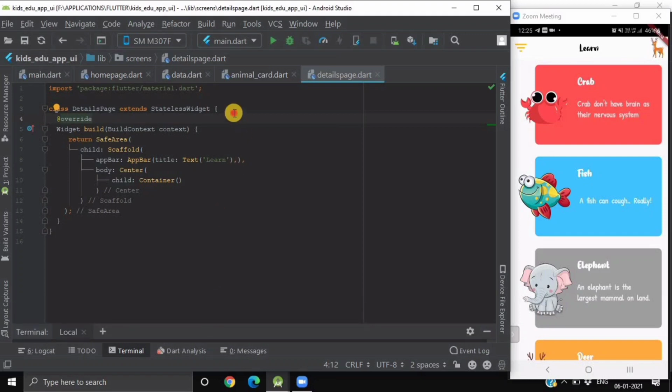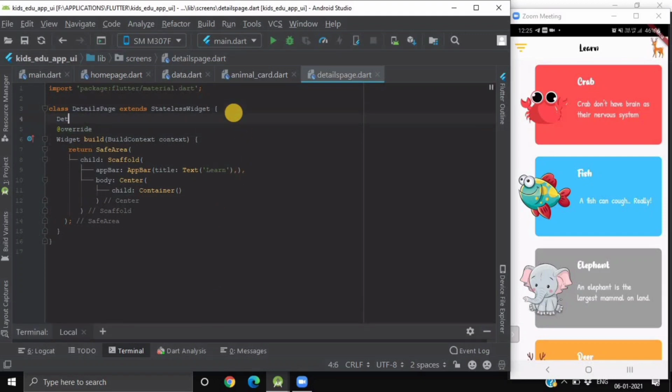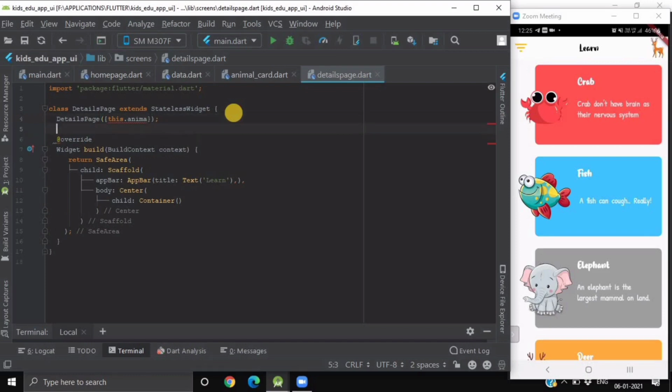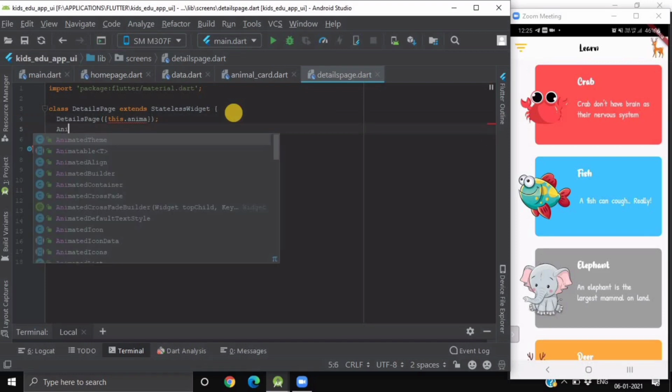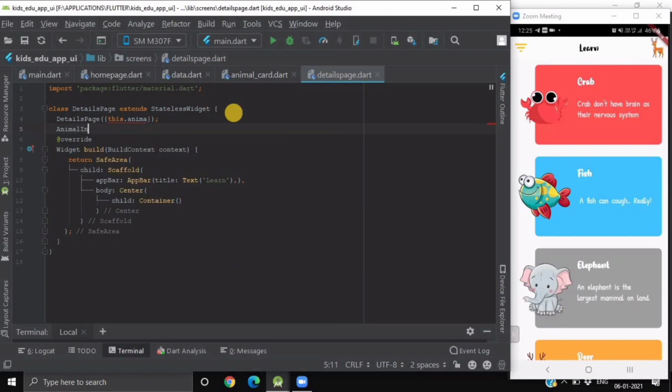So for that we will again create a detail page constructor and give it the property of this dot animal. And again we have to import this animal info model from the data.dart file. We'll make it final as well.